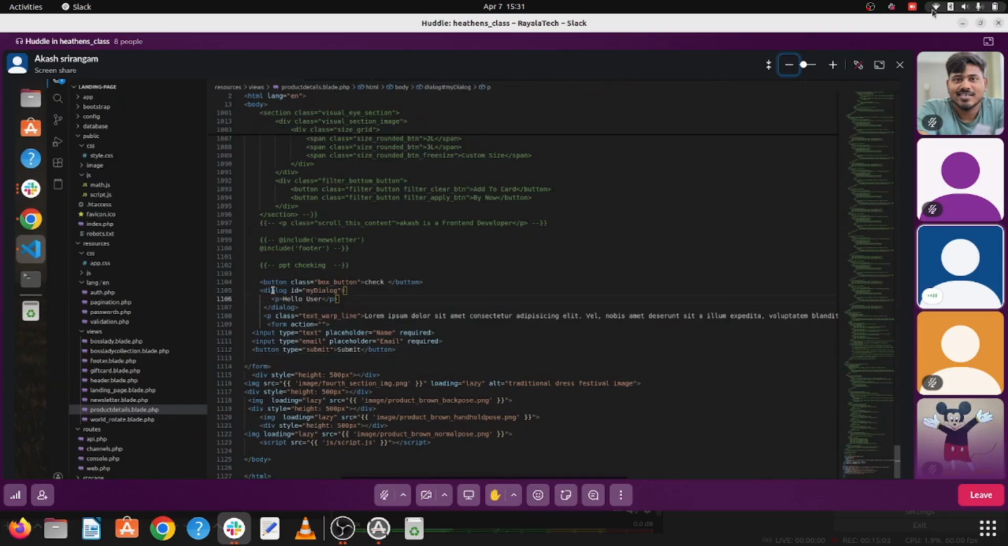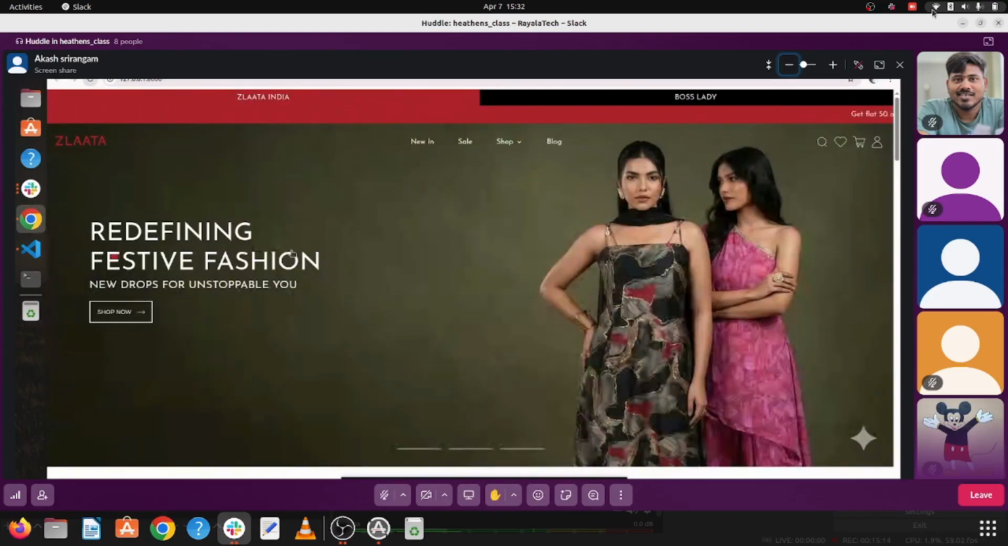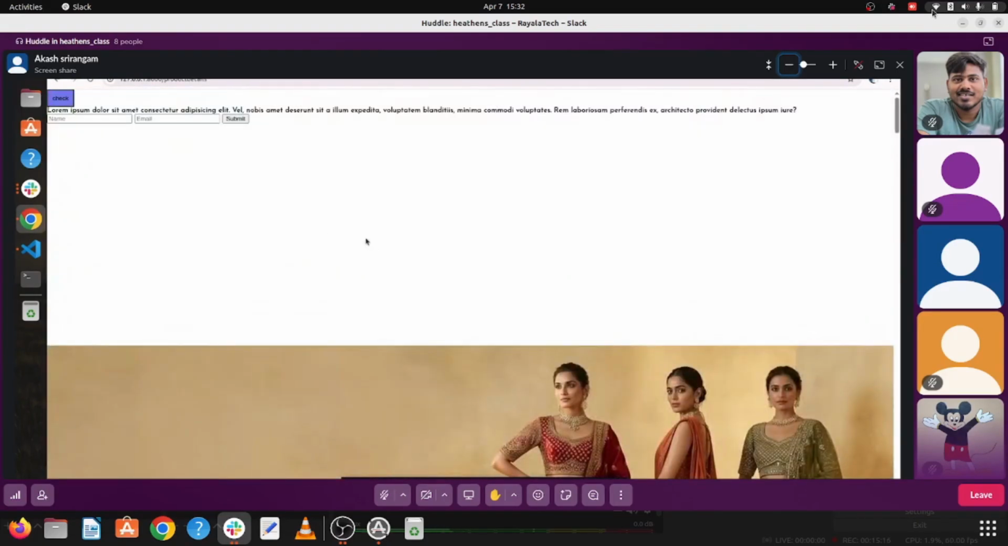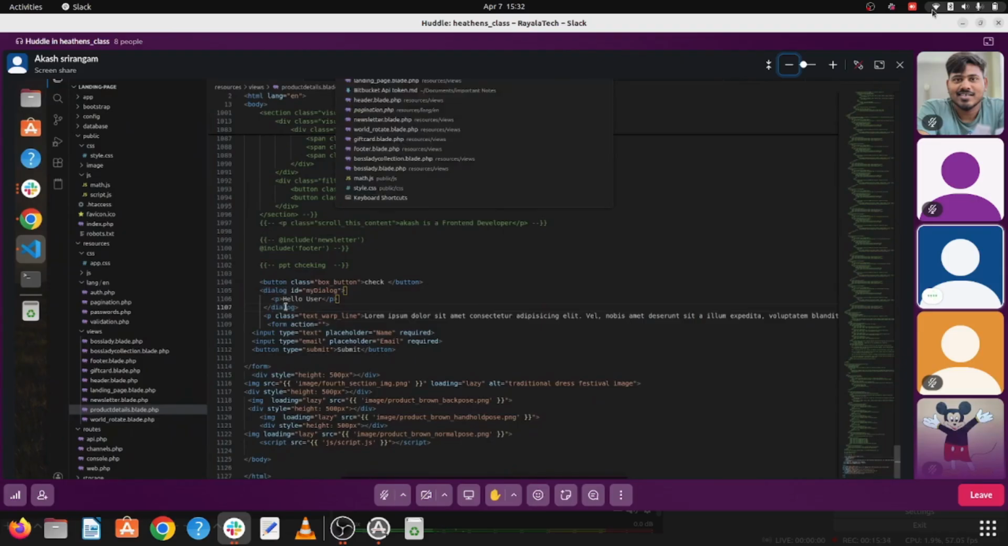In this place, to use the dialog we have to create a button, a check button, and if it is clicked, the check button will show it. It will use the dialog tag with an id equal to the dialog id name. We insert a paragraph tag with hello user, then the pop-up in JS. What if I write